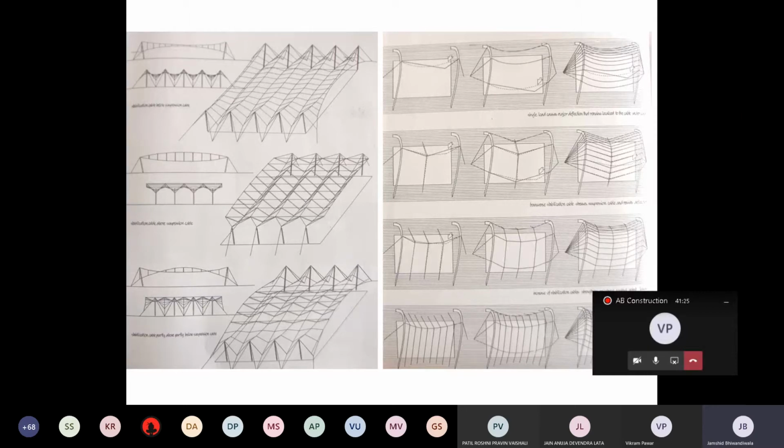Only when you have cables that are slender can you work with them. Both these diagrams here clearly show